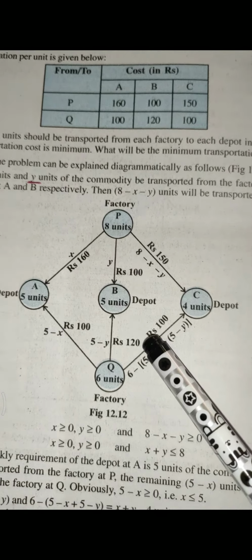So first we are seeing subject to the constraints. While forming the subject to the constraints, here they will not give at least or at most. What logic we have to apply? Quantity is always greater than or equal to 0. It can't be negative. So X and Y will be greater than or equal to 0. In the same way, this is also quantity. So 8 minus X minus Y is greater than or equal to 0. X plus Y is less than or equal to 8. We have changed into simplest form.